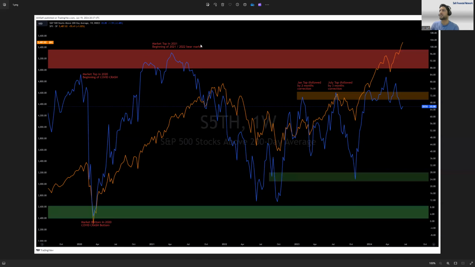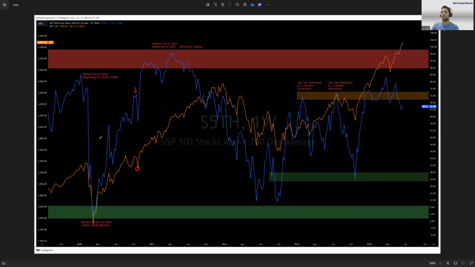But before getting into the chart, let me share my screen, because there are different charts that are very interesting. I just want to show you today. And this is the first one. This is market breadth compared to the S&P 500. Market breadth is the blue line, the S&P 500 is the orange line.